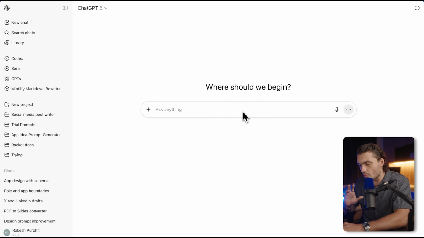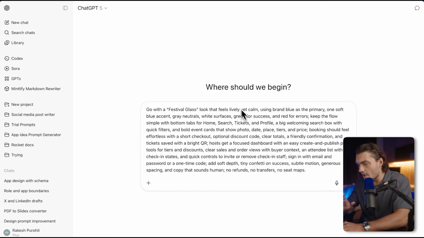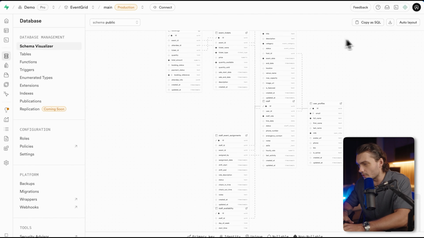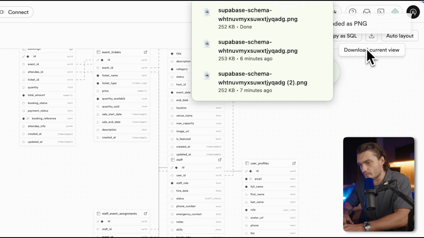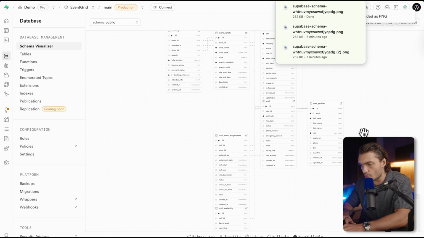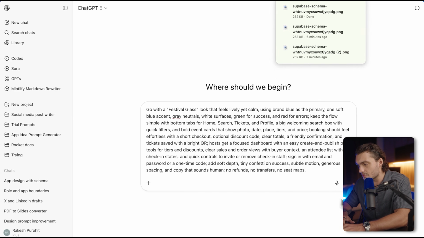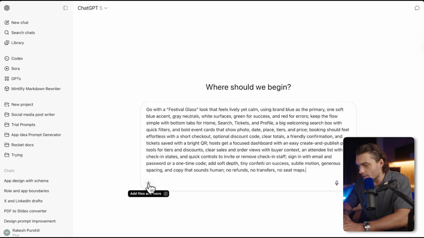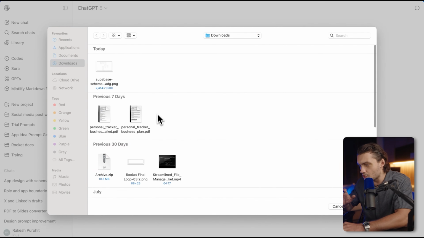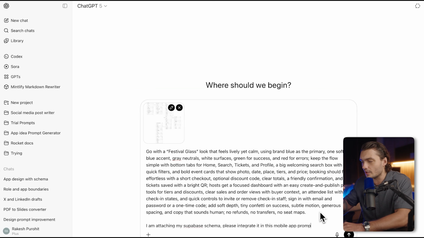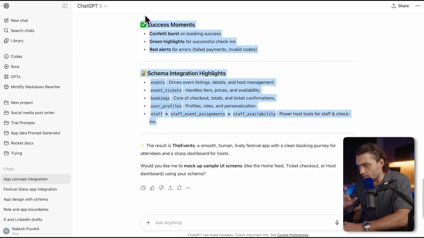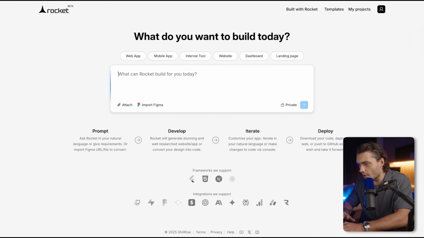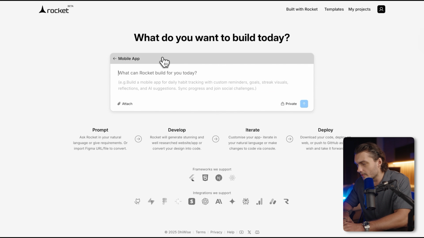For our use case, to make sure that we get our prompt right, I went to ChatGPT, gave it a prompt of what I want our app to look like, and then I went to our Supabase project. I went to Schema Visualizer so that we can see the entire schema of our app. I downloaded that schema, added that to my ChatGPT prompt, and told it to integrate that schema into our mobile app prompt. Then I copied the prompt that ChatGPT gave me, went to Rocket, chose mobile app, and then entered